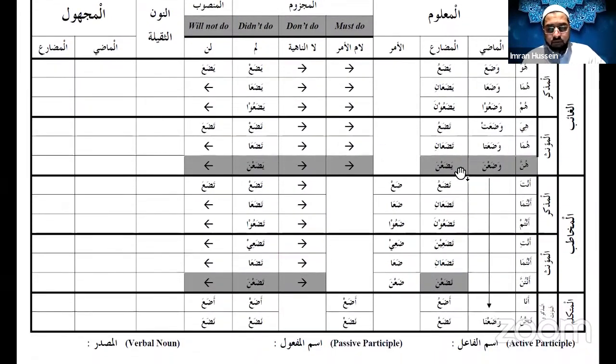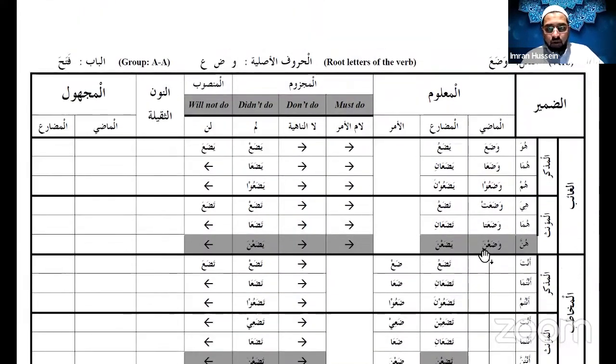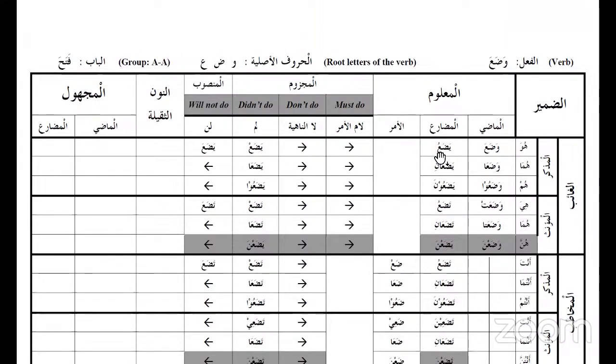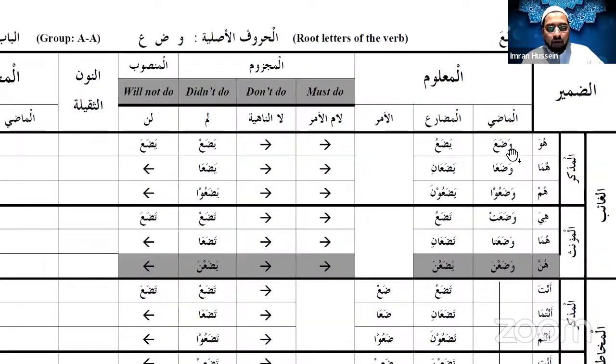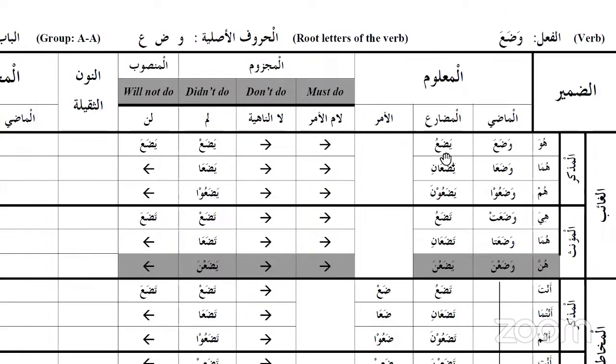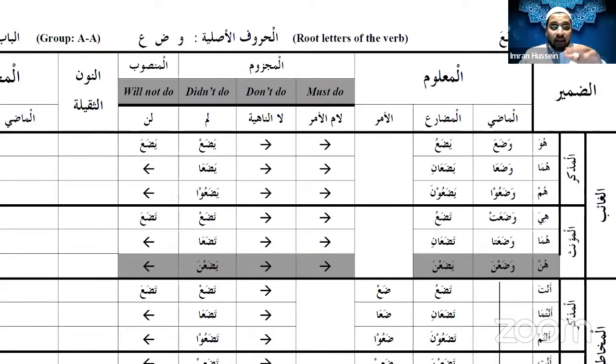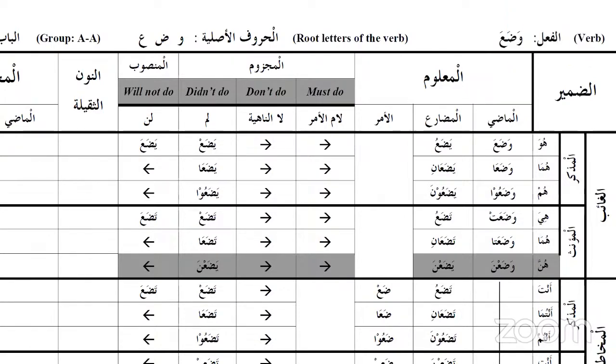Sister Butul, bismillah, come on now. Now, this one here is Sister Butul. You need to always look at the present tense as well. Even though it's the same as the previous verb which we did, wajada, wada'a means to put, but in the present tense now it's yada'u. So here it's on the pattern of fataha, yaftahu. Fa'ala, yaf'alu. Here, in the present tense, the middle letter is coming with a fatha.